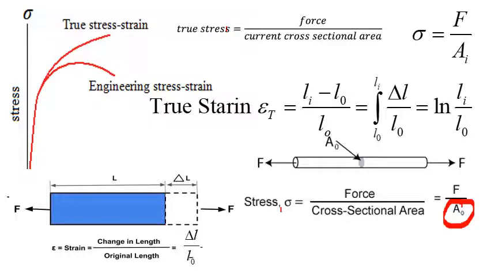Now when it comes to the engineering strain, it is the change in length to the original length, that is delta L divided by L naught. So this L naught will remain constant for all the calculations, so the strain curve again drops down. That's what you can see here. Here the length you take is the instantaneous length, because of that the curve starts to increase. And here, because the denominator remains constant, the numerator keeps on changing, that is decreasing, so the curve will be decreasing here.